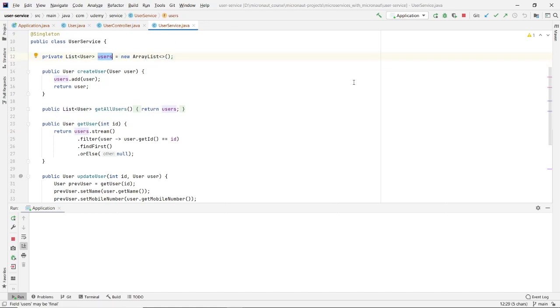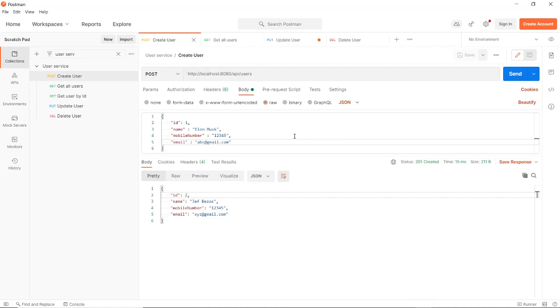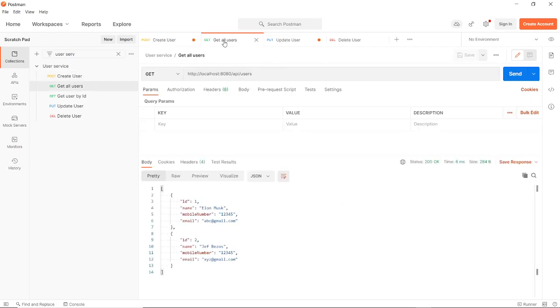That's why after restarting our server, we will have to recreate these users. So let us quickly recreate two users. First was Elon Musk, and second is Jeff Bezos. With ID 2, just checking whether both the users are created successfully.